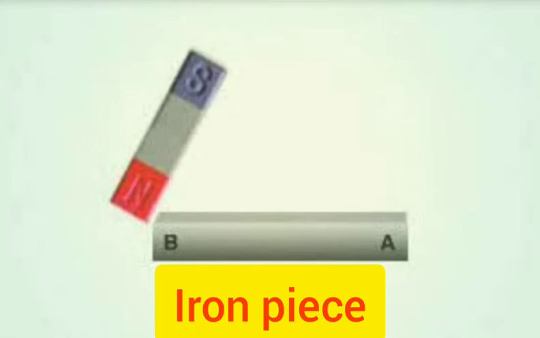Till now we learned what magnets are, uses of magnets, and even how we use them to find directions. But can you make your own magnet by yourself? Yes. Take a rectangular iron piece and put one pole of the magnet on its edge. Keep the magnet slightly inclined on the iron piece without breaking the contact. Move the bar magnet to the end of the iron piece.